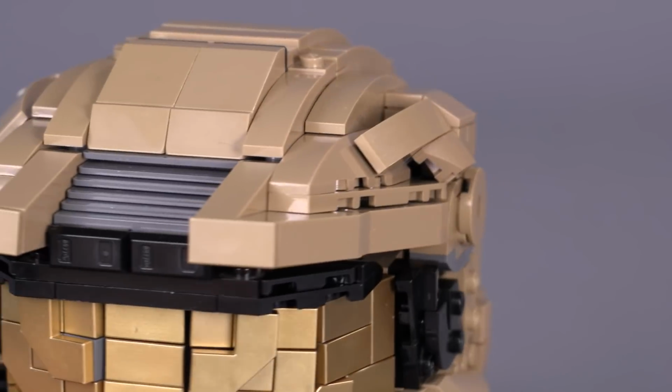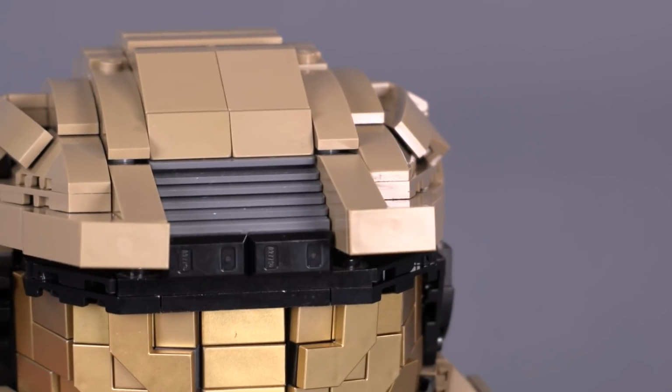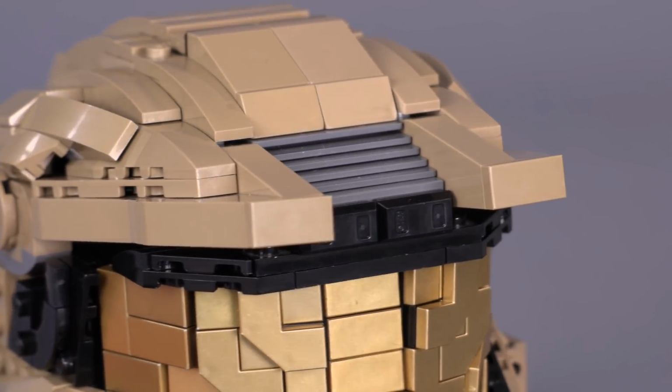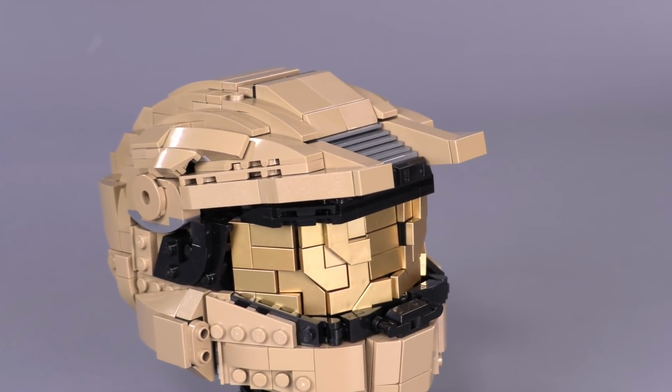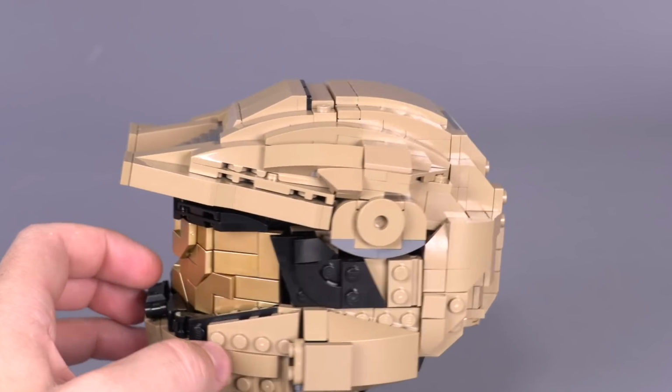Now, rising just above the visor, there's a nice little technique of stacking a lot of panel pieces on top of each other. So it gives you that little stair effect right in the center. And then on either side of that, you have these 2 angular points that stick out. They're pretty large sub-assembly builds that you pin into the side of either piece of the helmet, and they're pointed